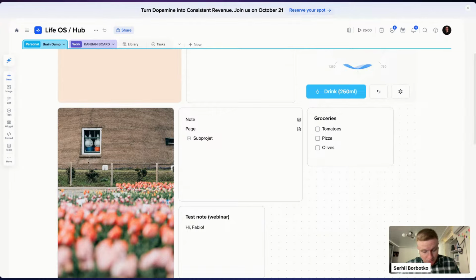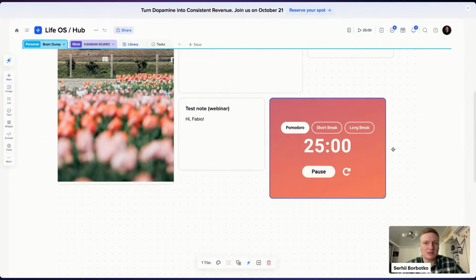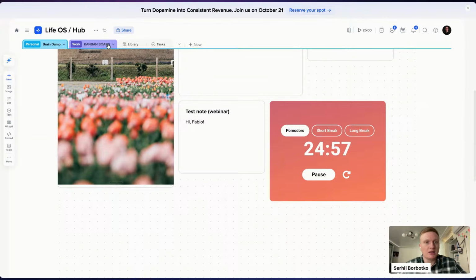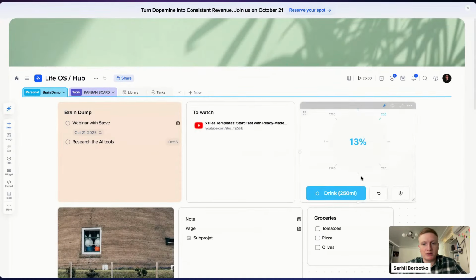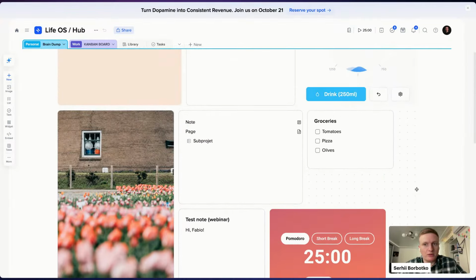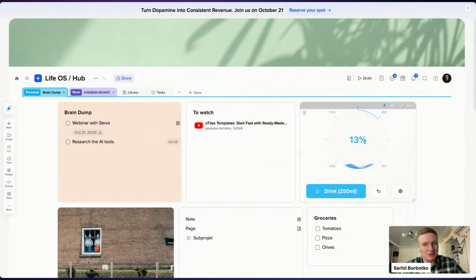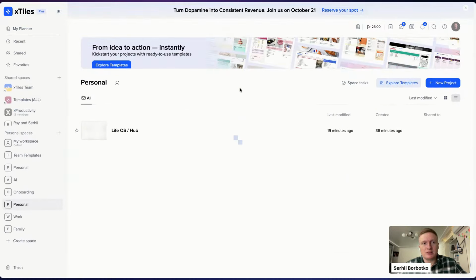And also I just want to give you a couple more ideas on how you can use our planner and our new features. We have a lot of users who like our widgets, for example, our Pomodoro timer. But the main problem with a Pomodoro timer like this one is that when I go to another page and come back, it starts over. Our hydration widget doesn't, so you can keep track of your water consumption without any problems. So in this case, we decided to create